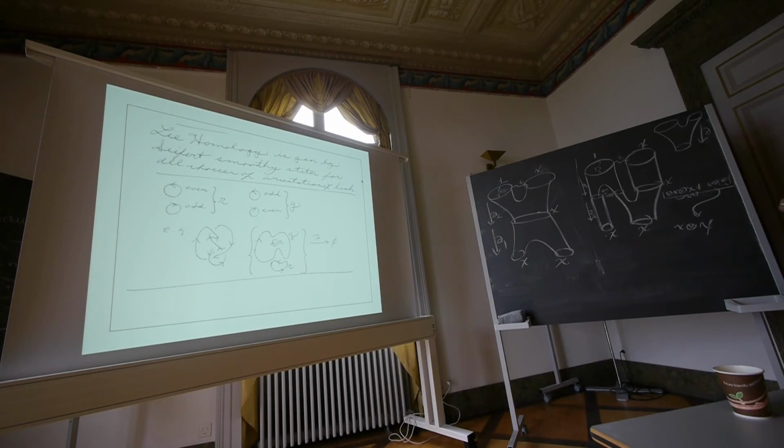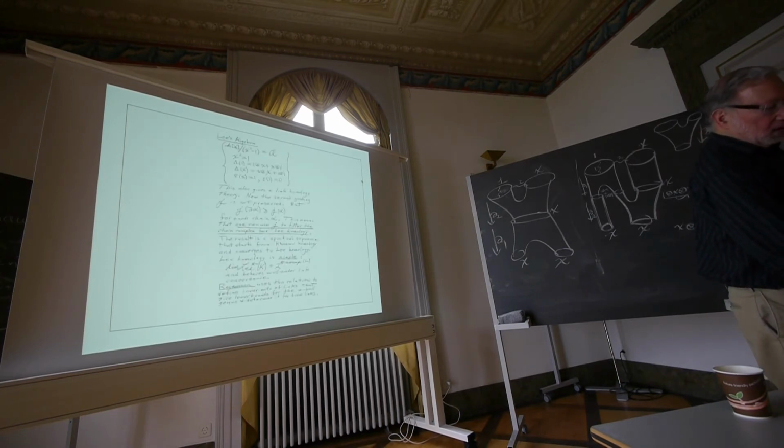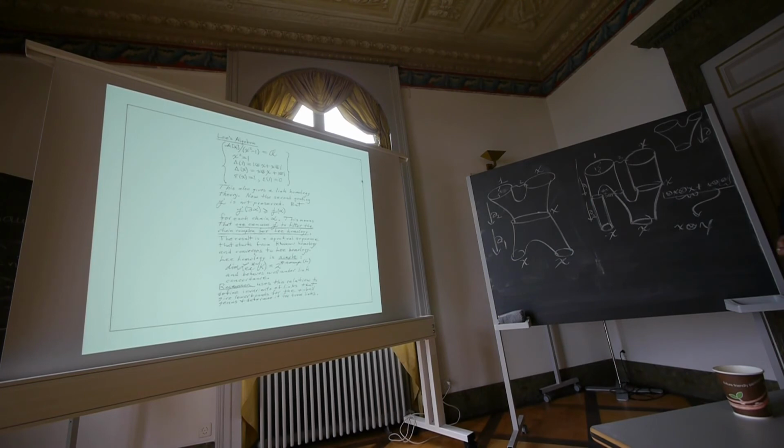So the Lie homology is simpler, and it's generated by oriented smoothing states for different orientations of the link, and then labeled in this kind of way. And once you know about the Lie homology,